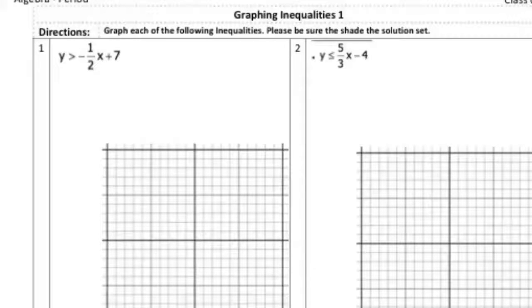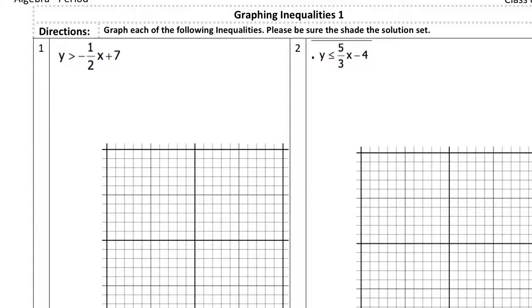Hey children, so I'm here to help you do your homework. I'm going to help with problem 1 and problem 3, and you're going to do problem 2 and problem 4 on your own. So if we first take a look at problem 1, I need to graph this inequality, and